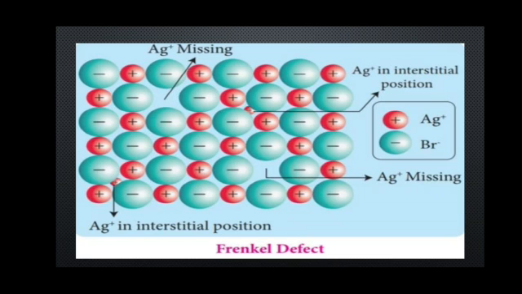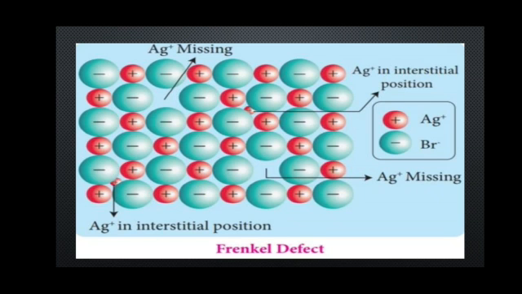See this diagram. This is a diagrammatic explanation for the Frenkel defect. Here what crystal structure are they taking? Silver bromide. The green balls depict bromide ions, and the red balls depict Ag+ ions. Then see in the second row, Ag+ ion is missing over there. Where did that Ag+ ion go? See, in between the second and the third row, the Ag+ ion goes and occupies somewhere in the crystal lattice structure itself. That position we are calling an interstitial position.